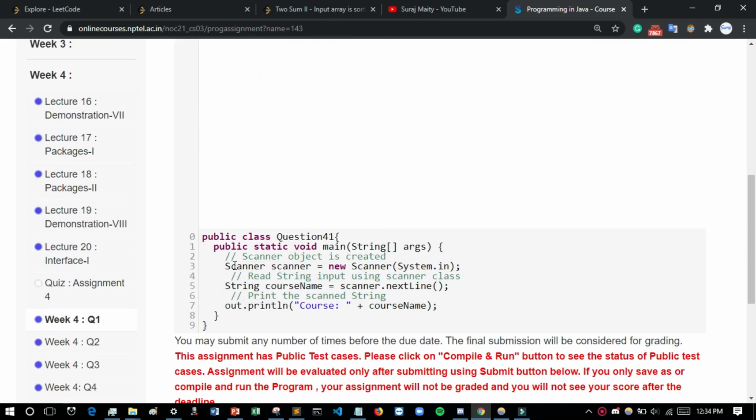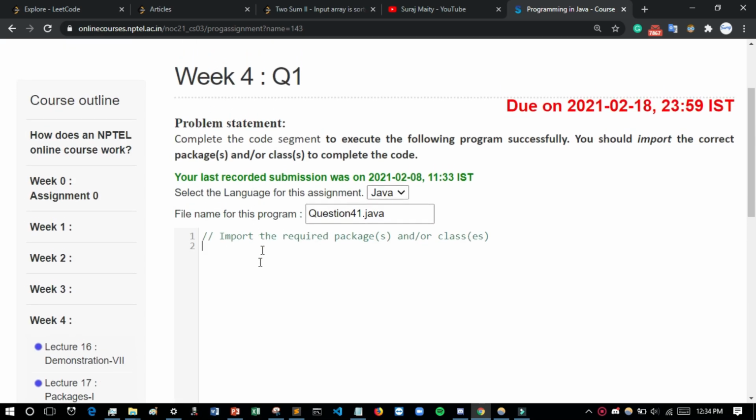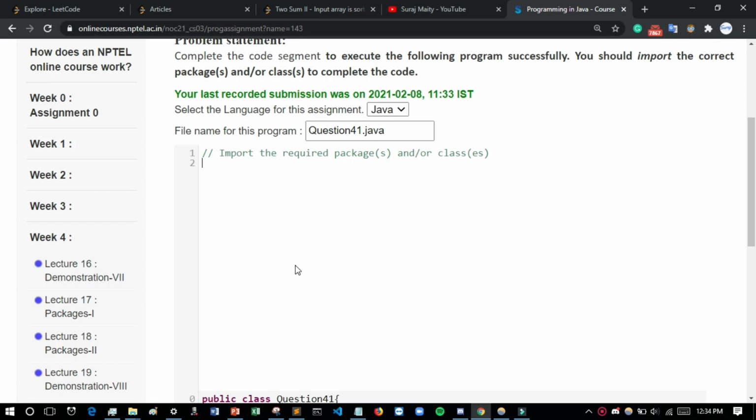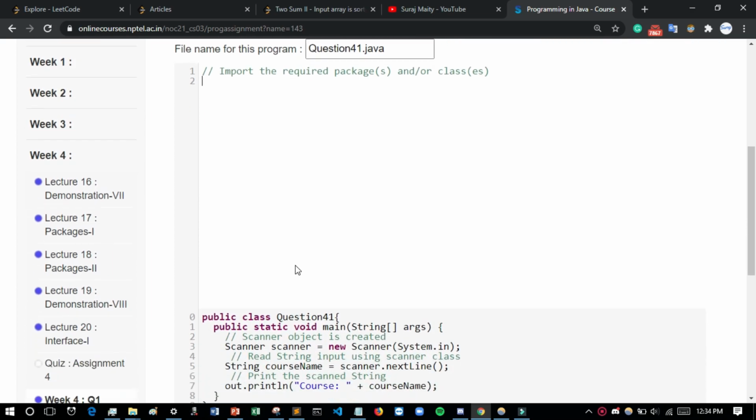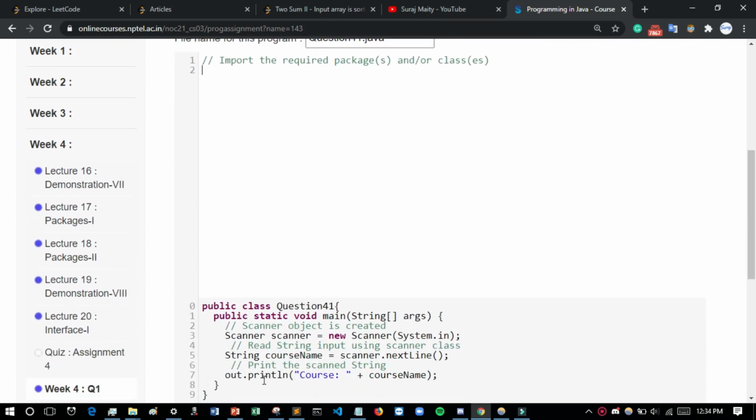Here Scanner is present, so we have to use the Scanner package also, and then we have to use the java.lang.System.out package, because here out.println is used to print this course name.